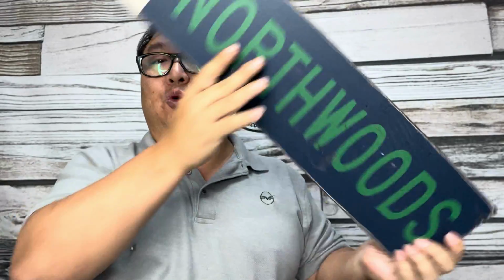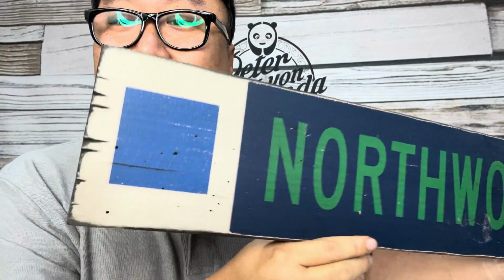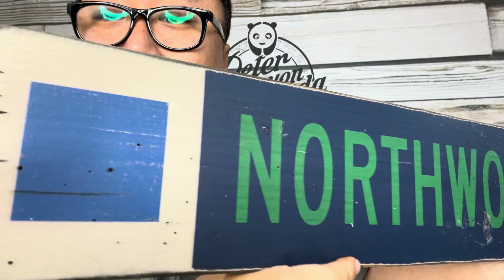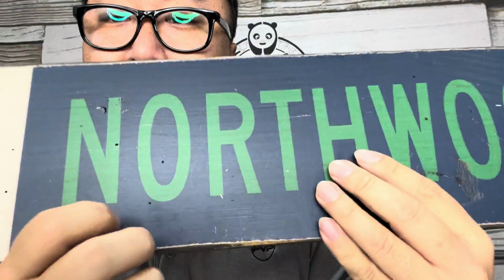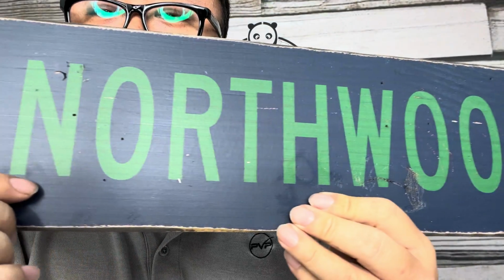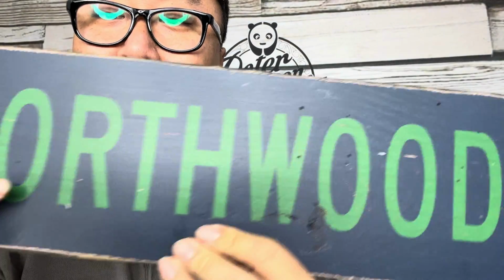Now, I have actually ordered this board a little while ago. It's a rustic replica of a ski slope sign. Northwoods is actually in Vail, so that's why I ordered this. What they did here is they print on a piece of light wood. I think it might be ash or something like that. But basically, they printed Northwoods in green,